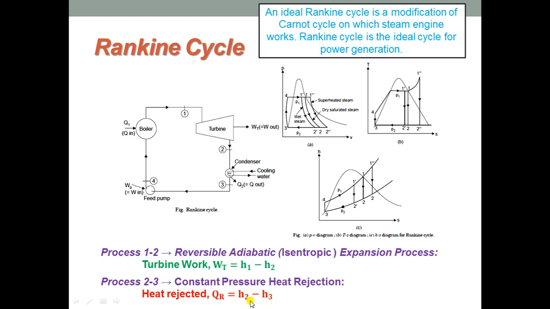So, here H2 represents initial enthalpy before going through the condenser and H3 represents after the condensation process, that is after undergoing cooling process. So, the difference between these two will give the heat rejected, and if you interchange these two terms you are going to get a negative sign, and negative sign is going to represent the heat rejected. Here we have avoided negative sign by taking H2 minus H3.